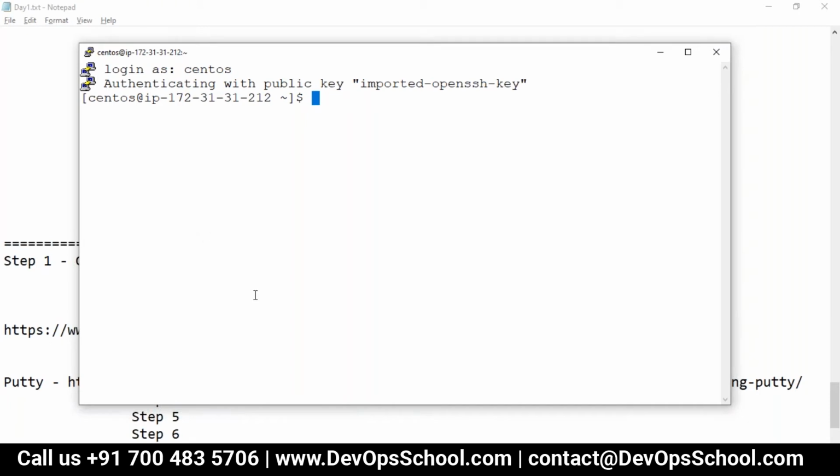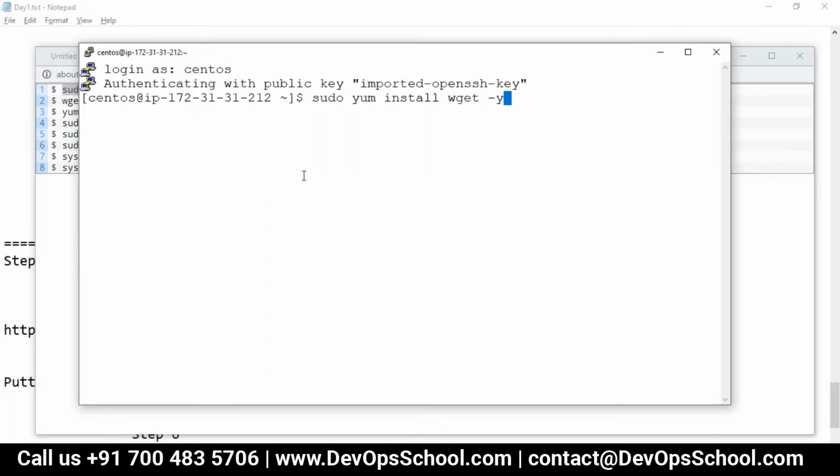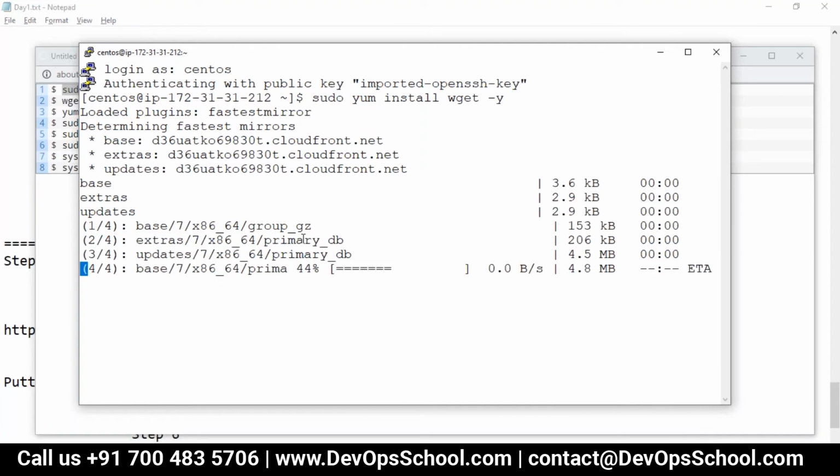Yes. Okay, so now you see here, I am installing Ansible. I'm doing nothing but all this stuff. Install wget. Again, if you are CentOS and want to become root, you can become root. That's not a problem.